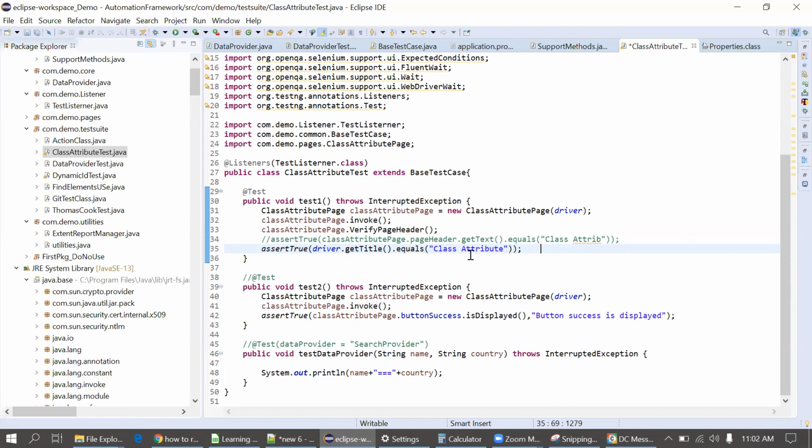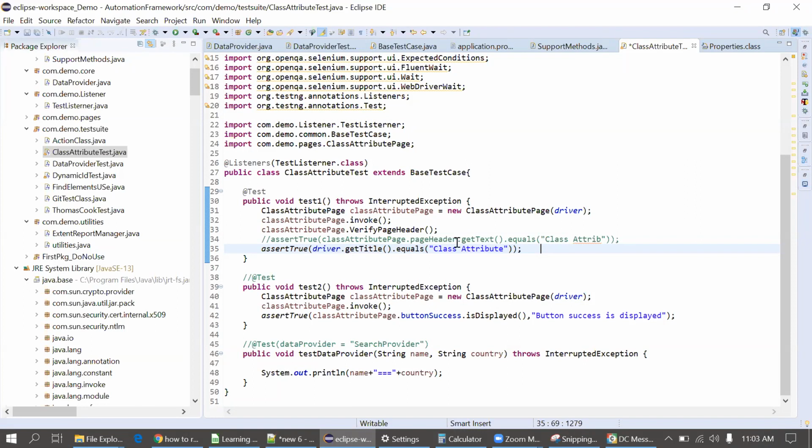Okay. Also, sir, suppose there are 12 test cases, right? And every time we are using hard assert. Suppose in the first test case, the assert got failed. So according to me, it will not execute the rest of the test cases. No. And even if it executes, it will mark the test case as fail in the report we get after executing using TestNG, correct? But when you use soft assert, it will keep on executing the rest of the test cases. No. In hard assert also, it will just keep executing all the test cases.